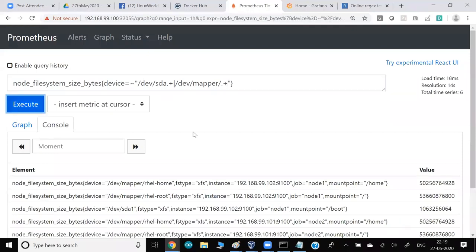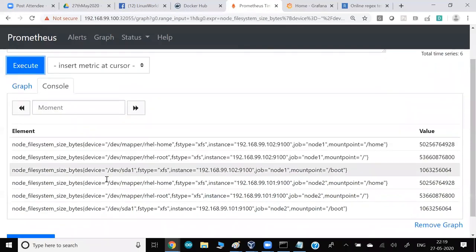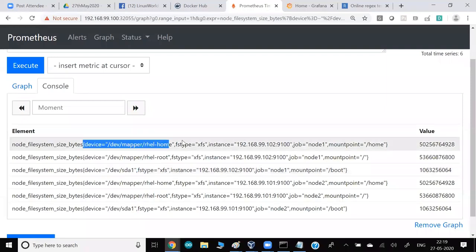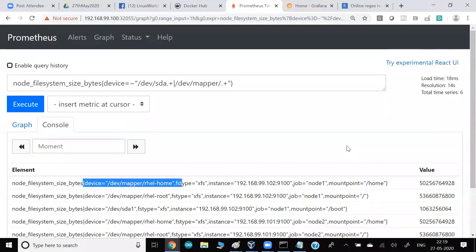Now they show me all the partitions that start with SDA, and all the partitions that start with dev mapper. So these are the partition names in Linux. If you don't know Linux, you can apply the same concept to anything else. So technically, if you want to filter your data to retain the value, why is filtering important? Because there are thousands of nodes. So first of all, I would like to filter with a node